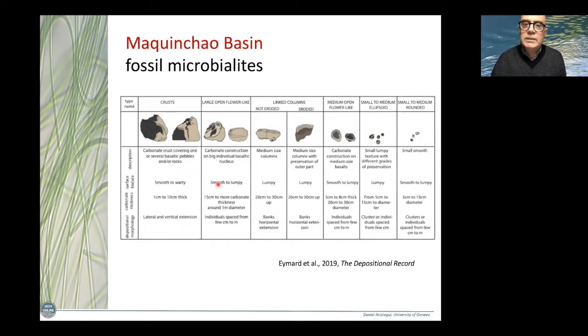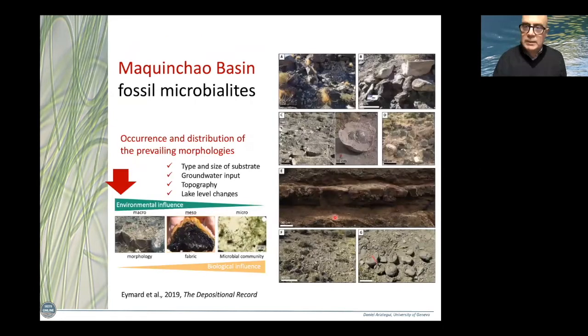But if you are interested, you can check it in our IAS open access journal, The Depositional Record, where you can find a paper with all this description,